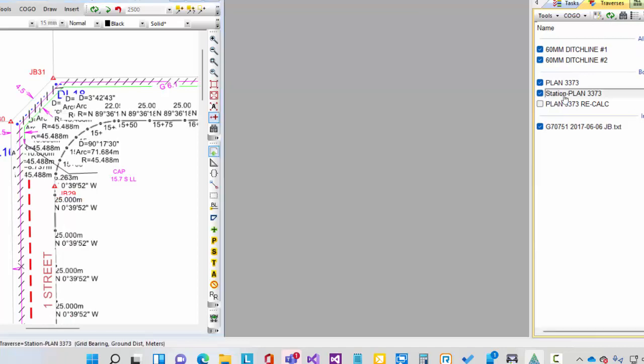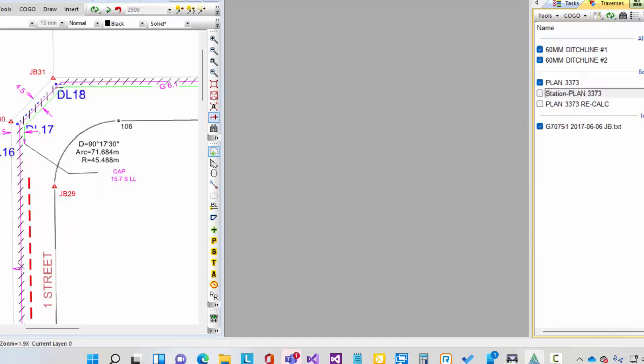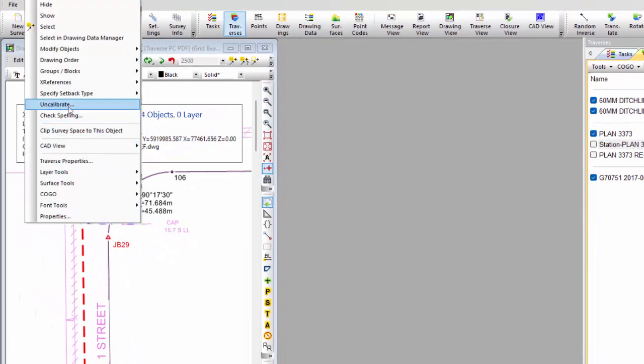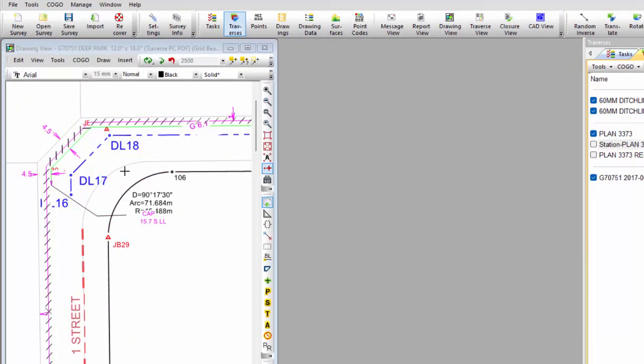So let's send this traverse back out to the project. And if I sent this back, it would currently be in my survey coordinates. But what if I want to send it back in the coordinates of the original XREF? So obviously the project is on a different set of coordinates than my survey, and this often happens just because of